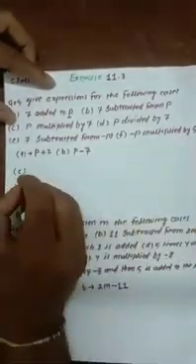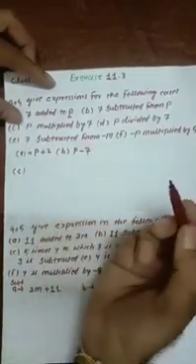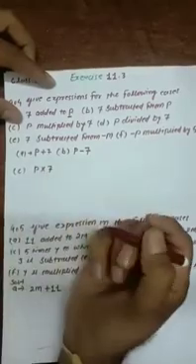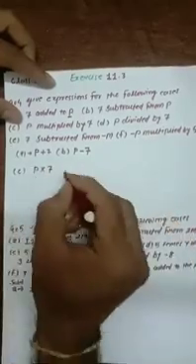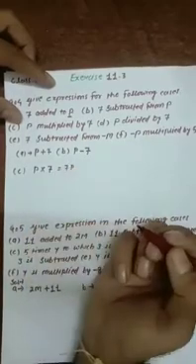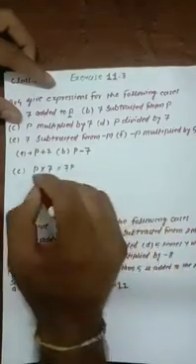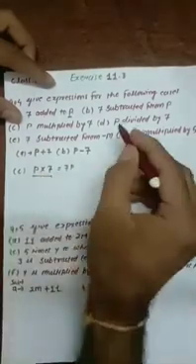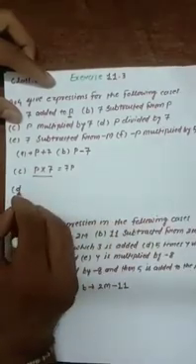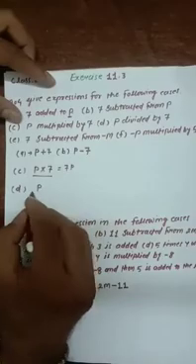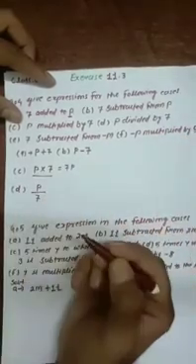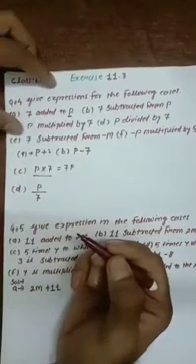In the third one it says p multiplied by 7. That means p is a variable and it should be multiplied with the number 7. So it will be p into 7, and further it will become 7p. So 7p means p is multiplied by 7. Now p divided by 7. Again p is a variable, it could be any value, we don't know, but we have to divide p by 7. So simply p divided by 7.